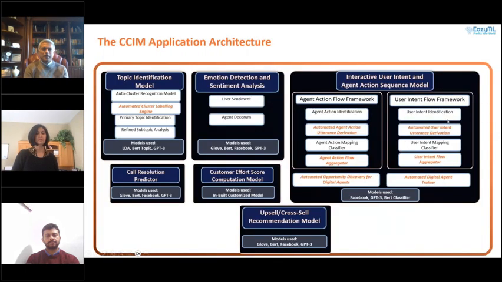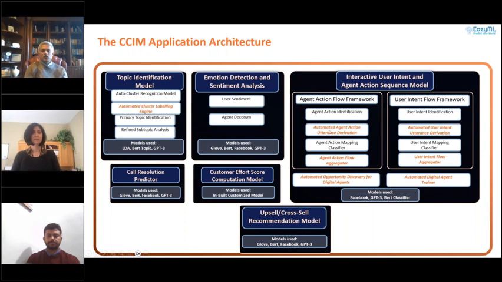Thank you. So we are peeling the layers of the onion, right? Train, test, deploy, that box that was there. Now it's being blown open to reveal the secrets inside. Some parts you can immediately relate to, right? Topic, subtopic identification model is at the top there. Of course, you have the sentiments for the customers being detected, and whether their issues are getting resolved or not, and what the customer effort score is.